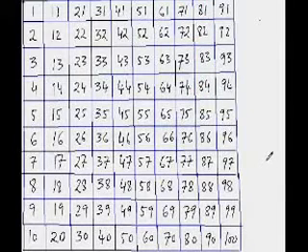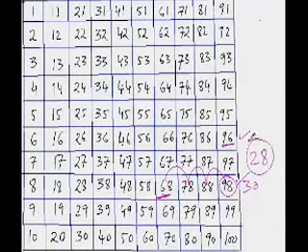Now let's see if you can do this one. What is 96 minus 68? So you have to reach from 68 to 96. So jumping 3 times will take you to 98, isn't it? So this is 30. But you know that you have over jumped. You wanted to reach 96, but you have reached 98. By how much have you over jumped? 2. So subtract that 2 from 30, the answer would be 28.